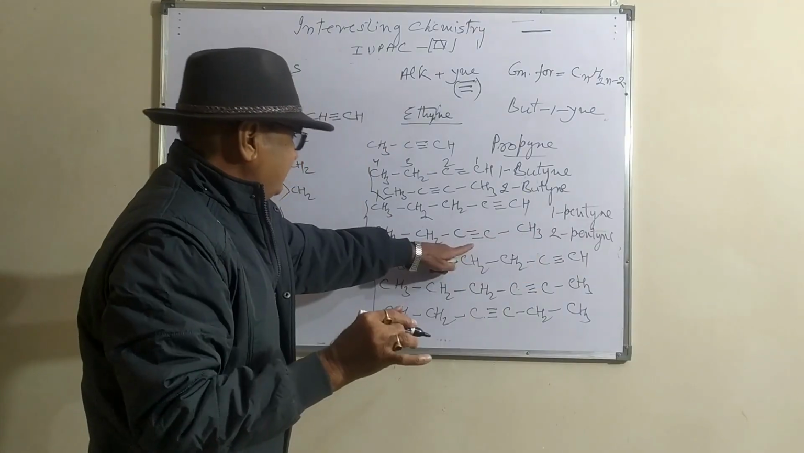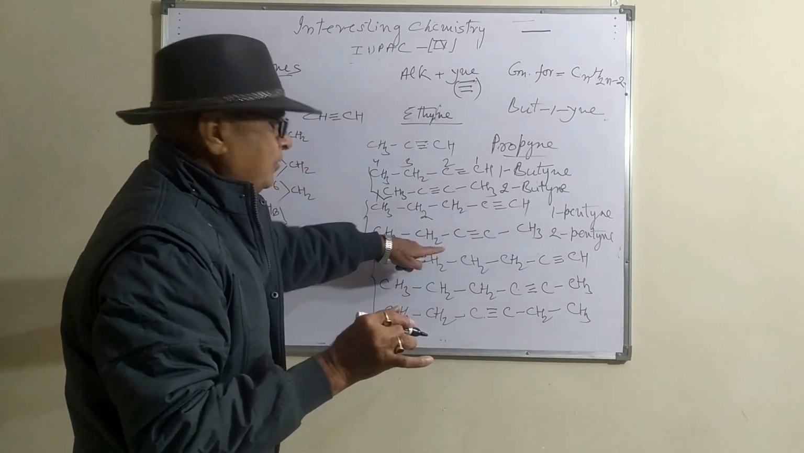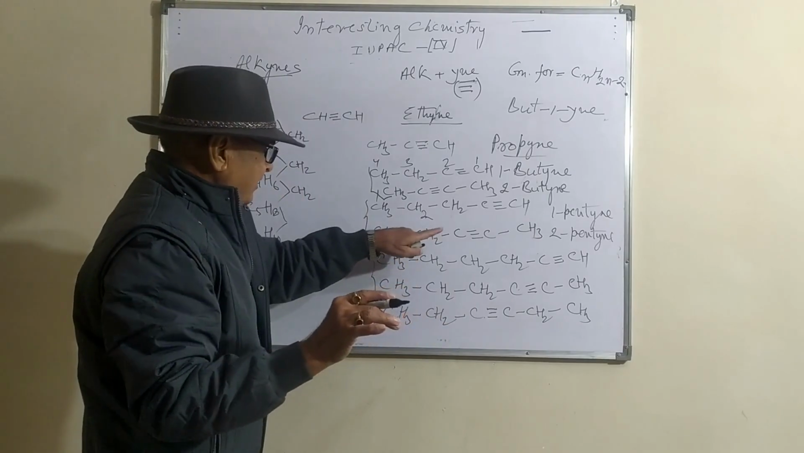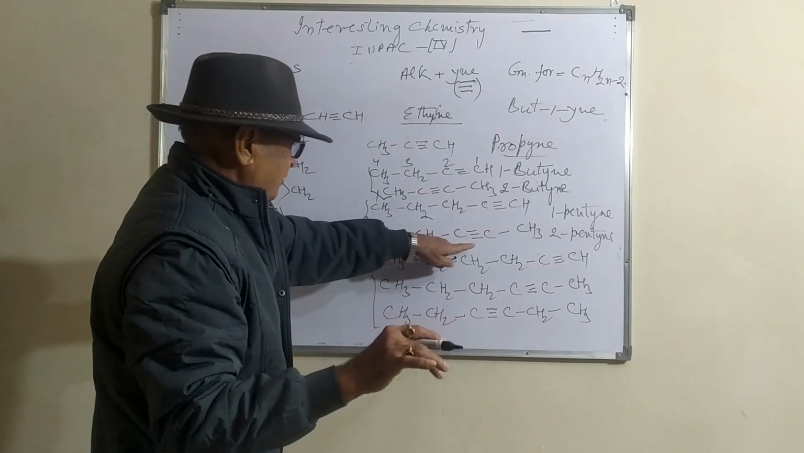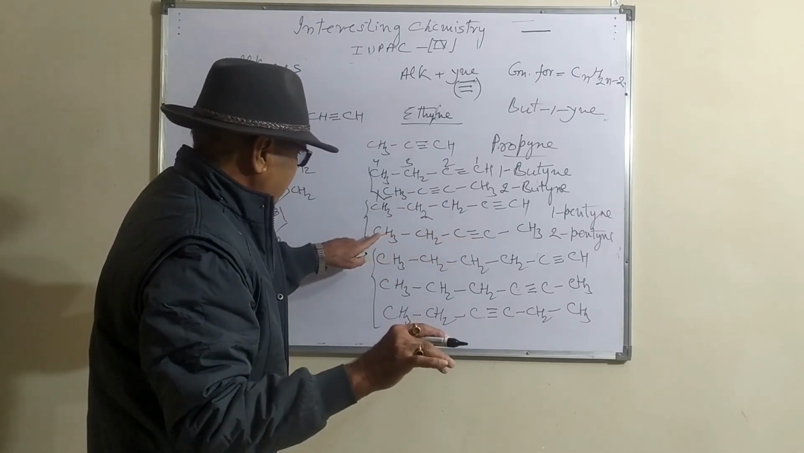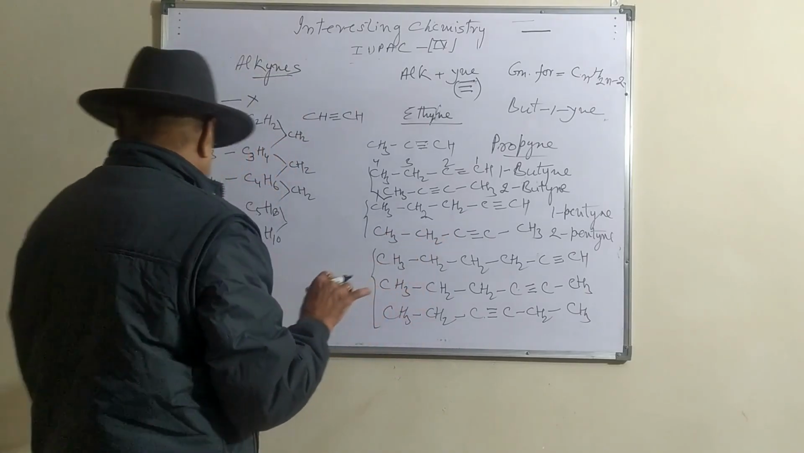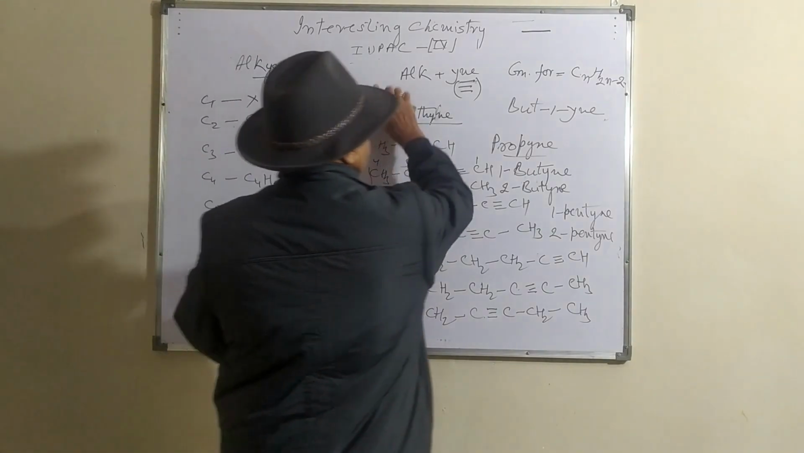if I write this triple bond here, then you will count the number here. This will be 3-pentyne, but that will be wrong, because in that case the triple bond must be given the lowest number. So the counting will be started from this side. Suppose I am taking the example, if you think that the triple bond,